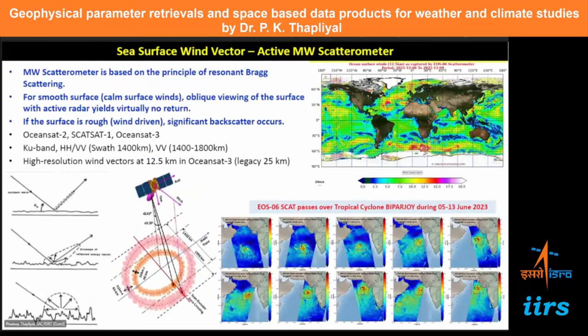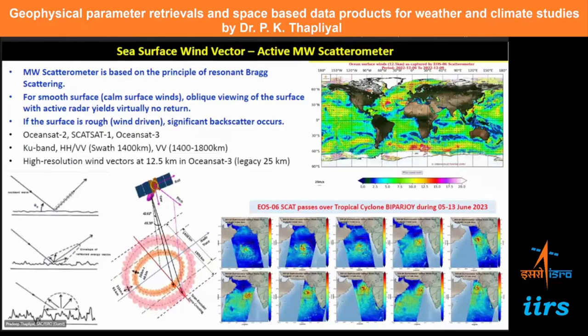Now in microwave, another important parameter is sea surface wind speed. You know that cloud motion vector or water vapor motion vector, which we discussed with infrared imager, can provide information about wind speed in the atmosphere only where there is cloud or water vapor motion. But over the sea surface it is very important, because this is the region where flux exchange takes place from sea surface to atmosphere. How much moisture is being transported from sea surface to atmosphere